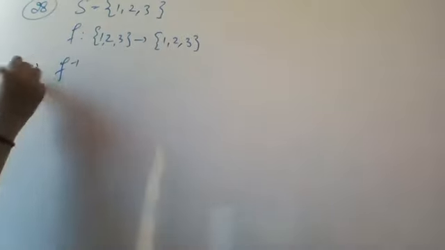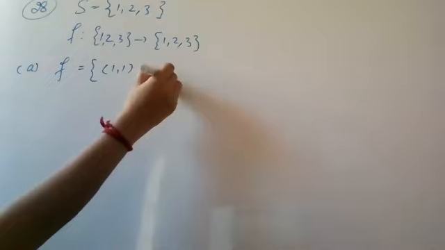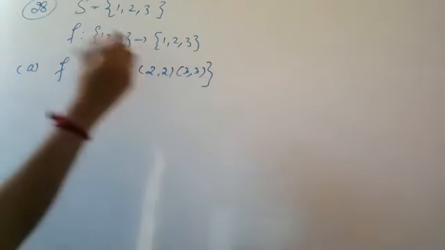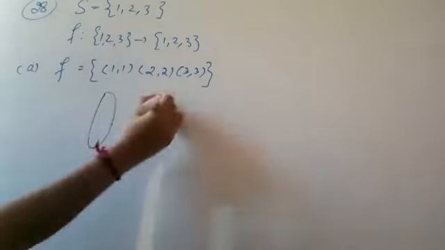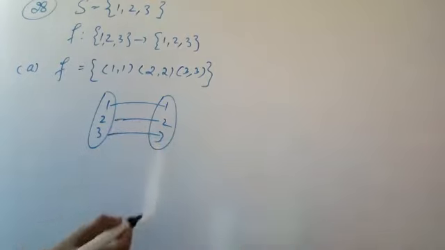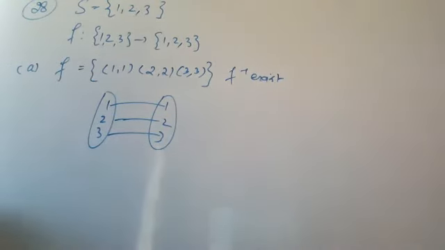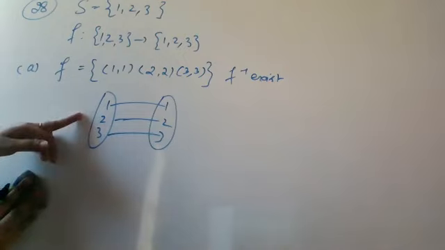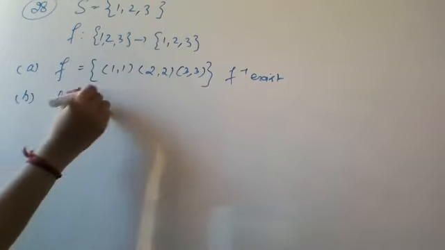Okay. So first thing is your F is equal to set. F is equal to 1, 1, 2, 2, 3, 3. अब देखिए 1, 1, 2, 2, 3, 3 means is it 1, 1 and on 2? 1 is taken to 1, 2 is taken to 2, 3 is taken to 3. So is it 1, 1 and on 2? If it is 1, 1 and on 2, you can say that F inverse exists. Okay? It is like 1, 1 and on 2, na? Yes, ma'am. The next part, देखो.